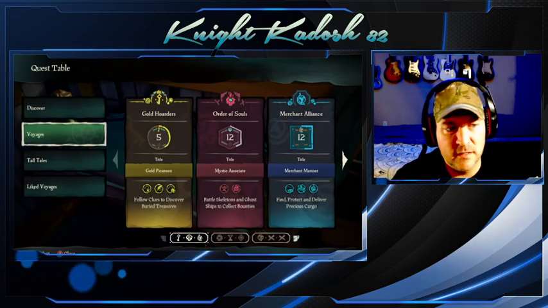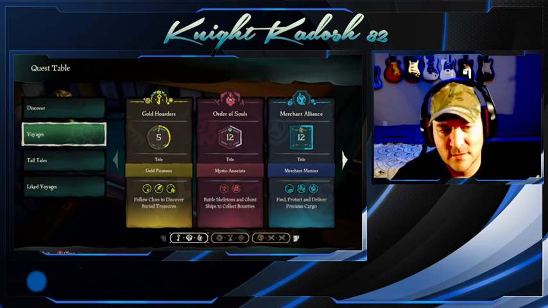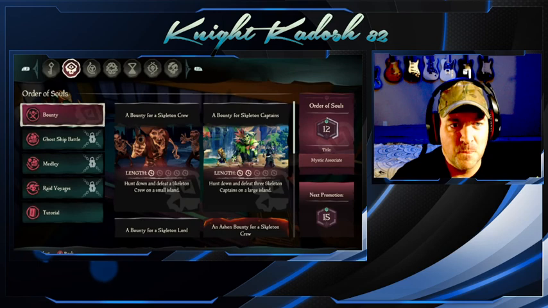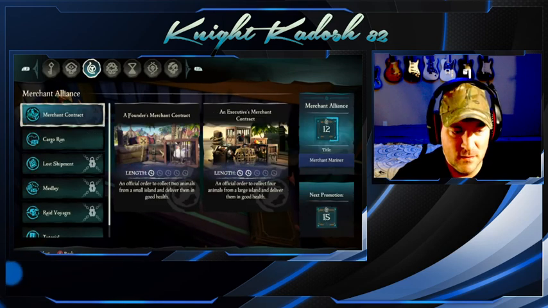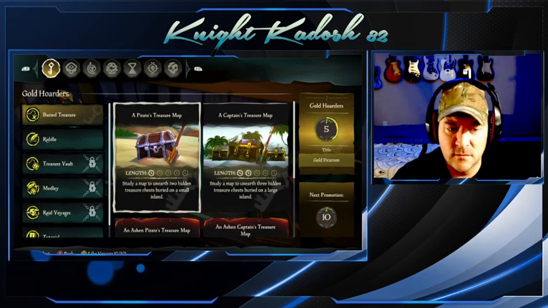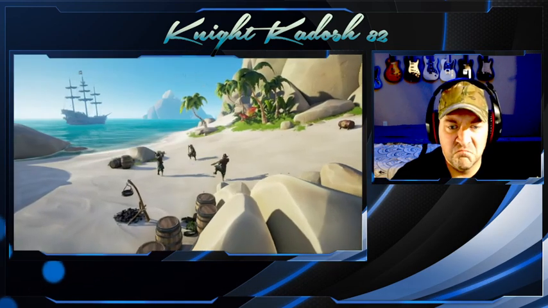That's the quest table, kind of nice. It will also show you which voyages you can embark on for each of the trading companies. These voyages will be available at any time. So if you just want to go on a short buried treasure voyage, it'll always be there. And for the first time ever...